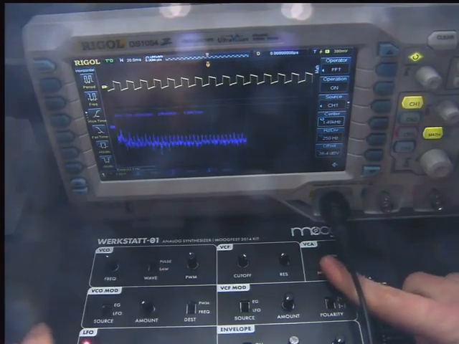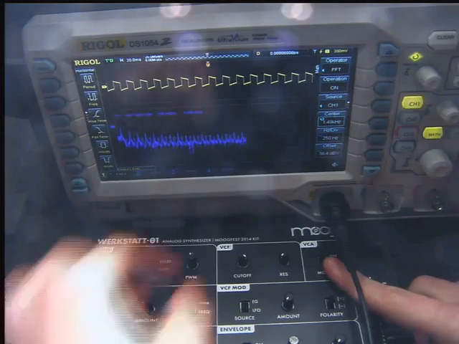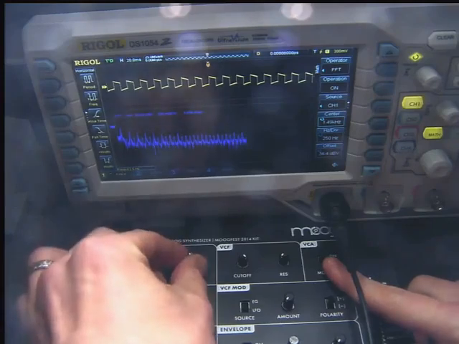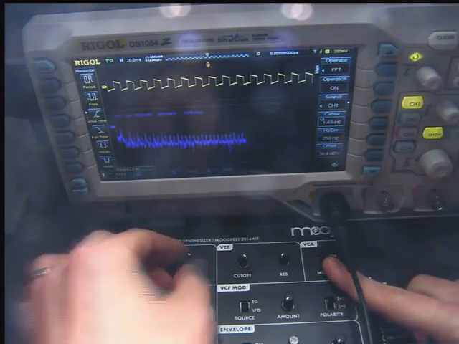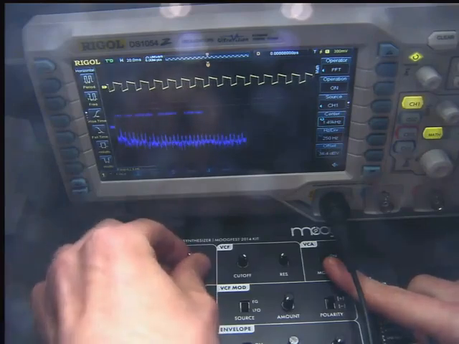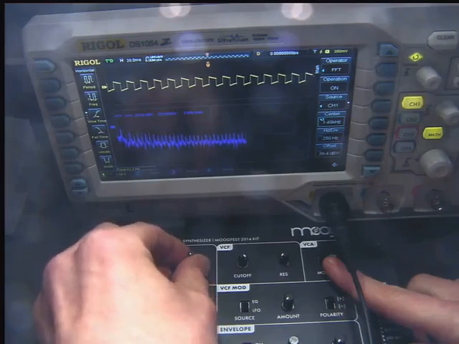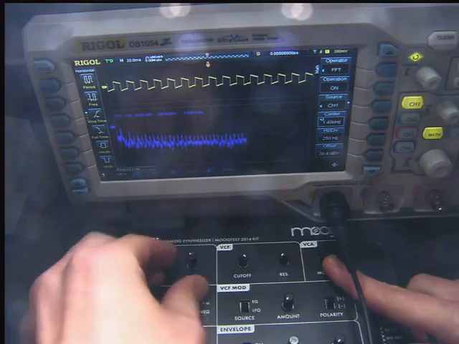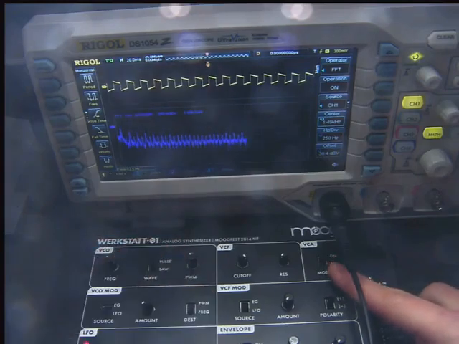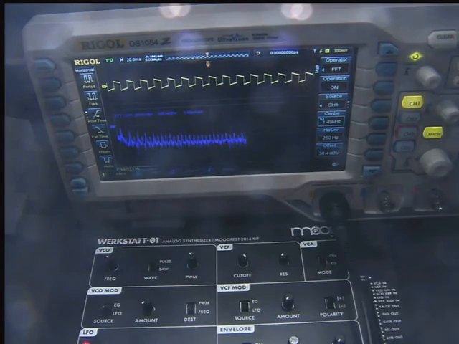So if I switch to the pulse wave, I'll try to set this up a little bit. I'm going to try to give it roughly the same kind of symmetry. Kind of hard to do exactly. So you can see that this signal exhibits a pretty similar symmetry.